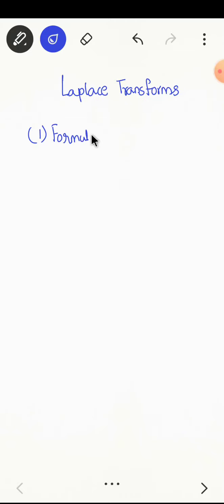Hello students, today I am going to start Laplace transforms. The topics you have to study in Laplace transforms are formulas of Laplace, very important. Mostly you will get bits on formulas of Laplace only, just orientation type, application type. Formulas of Laplace, then